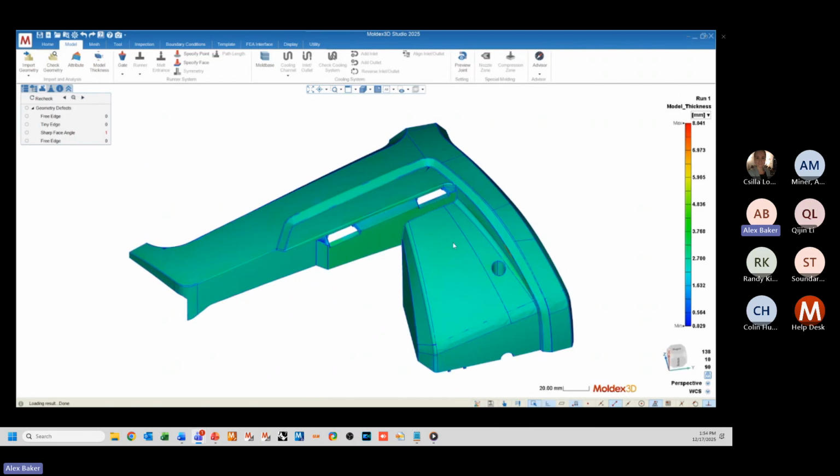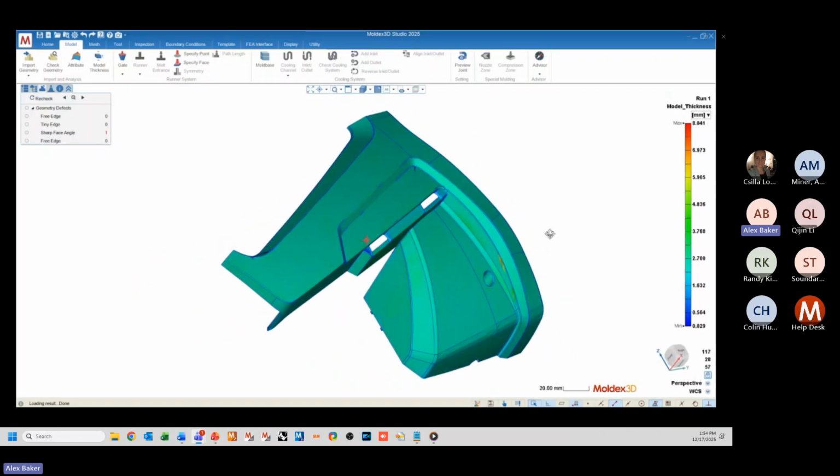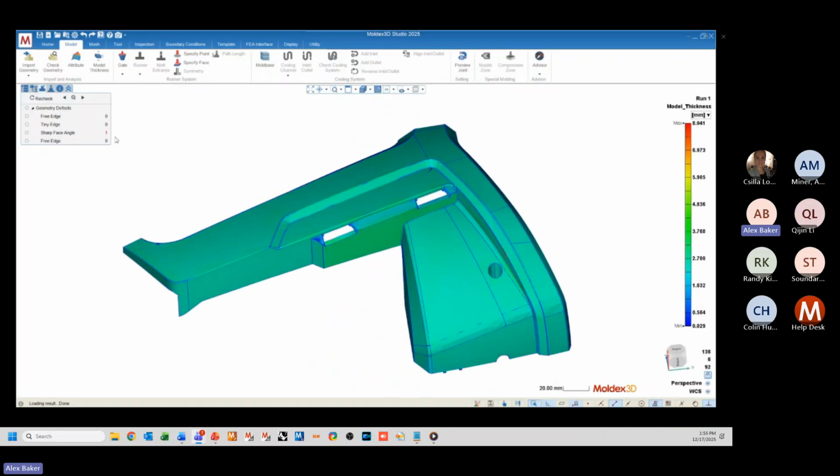All right, now you can have this thickness distribution overlaid throughout the rest of your modeling process. However, I tend to not like the color distribution overlay just because it's a little bit distracting. So if you want to get rid of the thickness distribution, you can go back to the project tree, which